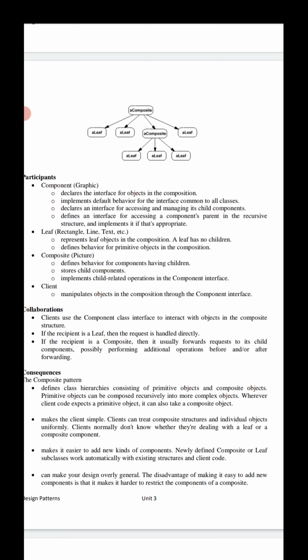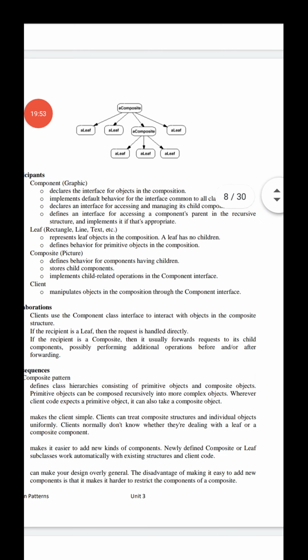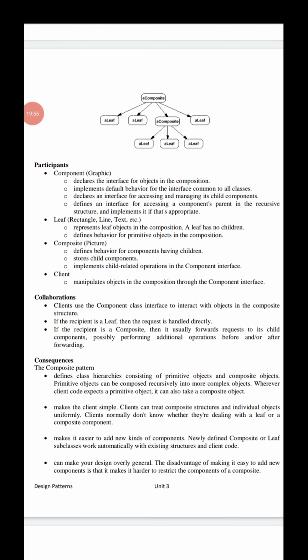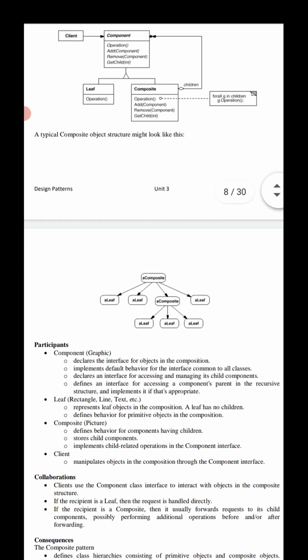Coming to the concept of participants. In the structure representation, we have the component class. In the motivation section, we take graphic as the class. It declares the interface for objects in the composition.